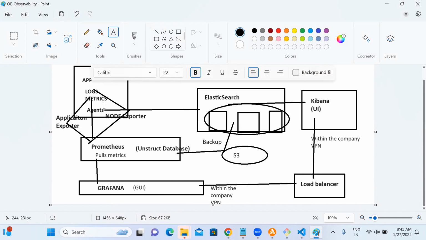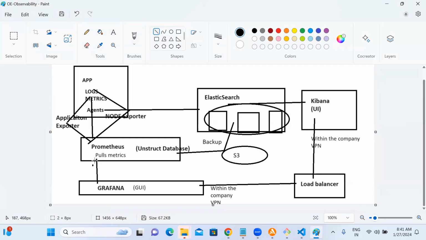Okay, Grafana. Let me put arrow marks also. It will be a vice versa process. It will pull from here. I think vice versa.